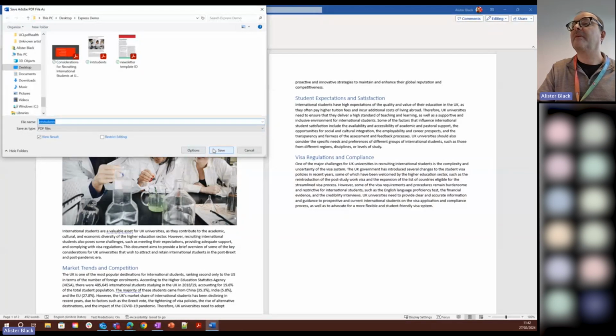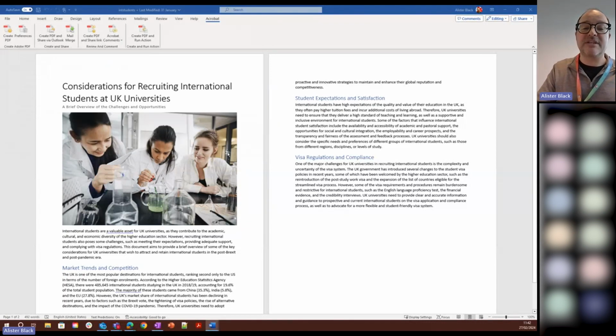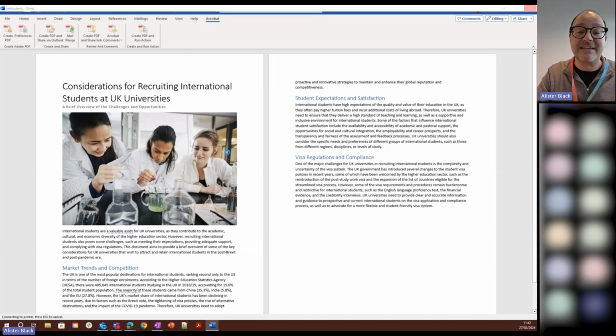And it's going to ask me for my document. I'll have to give it a different name. Click on Save, and it just quickly creates that document. The good thing about that is that it's going to create an accessible document for you because it will contain PDF tags in there so that your document can be read